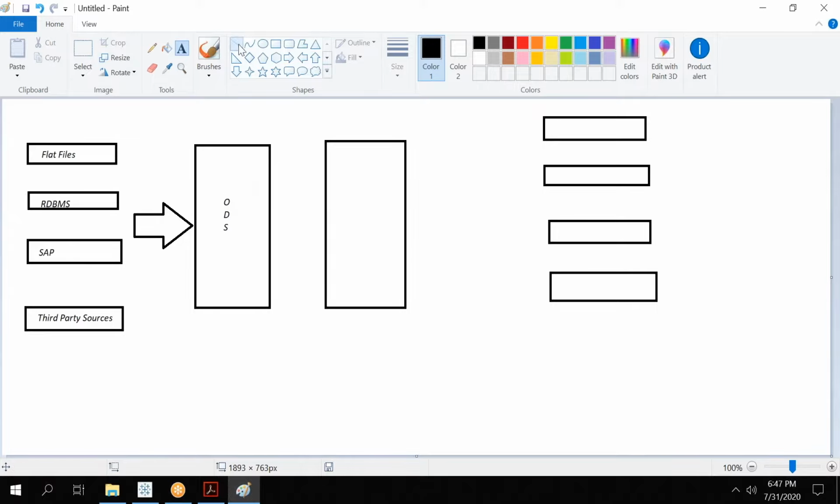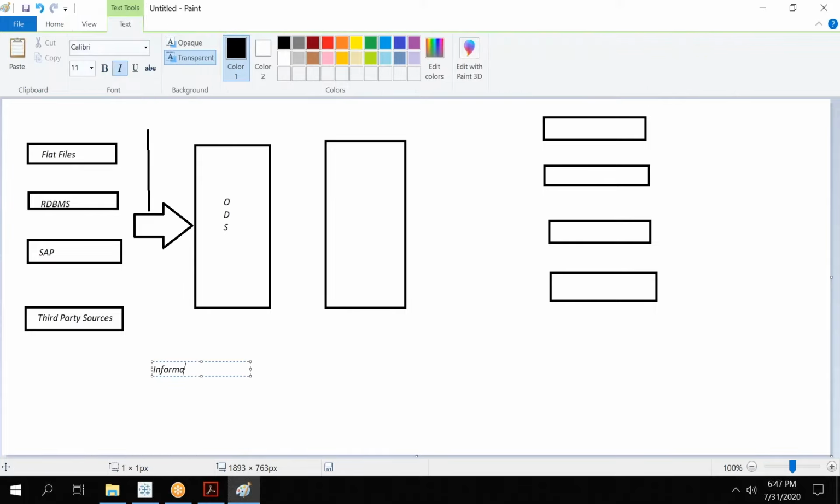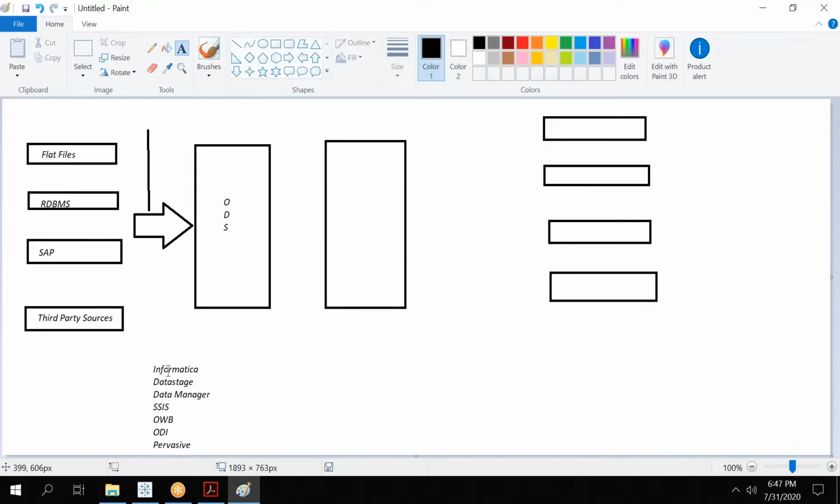Okay, so for example, we have multiple ETL tools in the market. Something like, let me write it over here, Informatica, DataStage, Data Manager, SSIS, Oracle Warehouse Builder, ODI, Pervasive, and so many. These are all the ETL tools in the market. So what they do is extract the data from the source, apply some business rules, and load it to the target. That's their job. In this case, the target is my ODS, operational data store, where we can